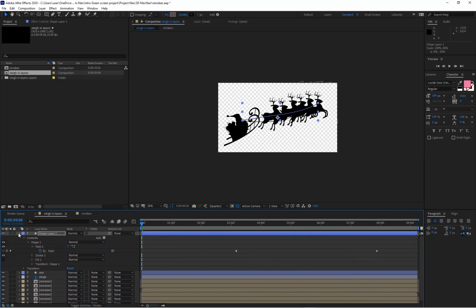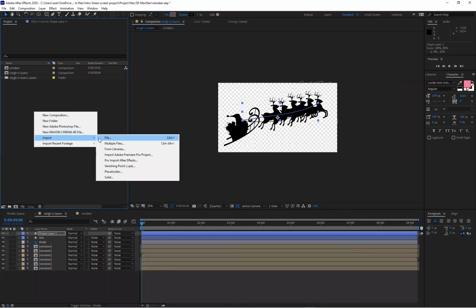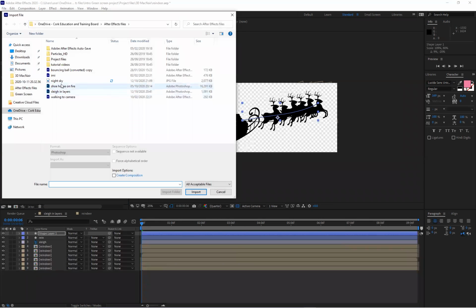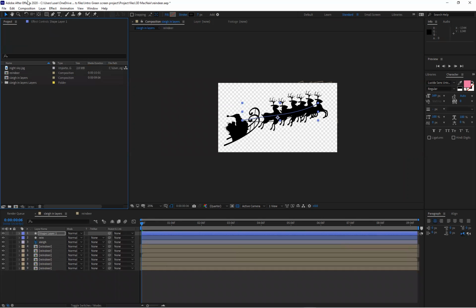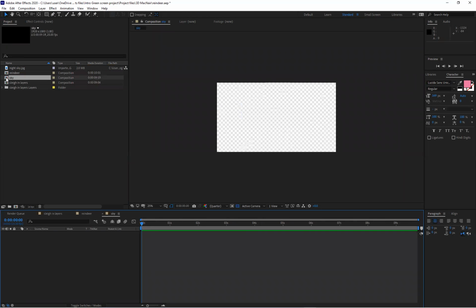Finally, after all of that kerfuffle, we're going to bring in another image, night sky. I'm going to take that night sky, I'm going to put it into a new composition. Okay, and we're going to take